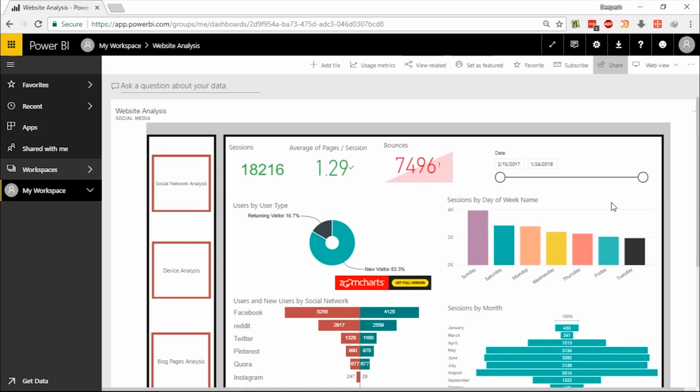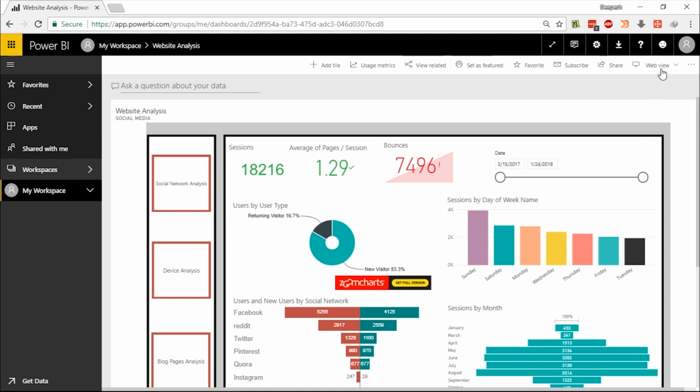Okay, so in the last lecture, we have seen how we can create a dashboard out of a report. Now I'll show you how you can edit this particular dashboard for a particular phone layout view. So you can change the layout of the dashboard for particular phones. Suppose this is how it looks on the web, in the desktop version, but you want to change the layout of the dashboard when you want to see it in the mobile app.